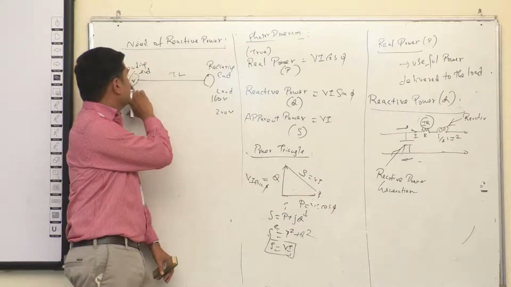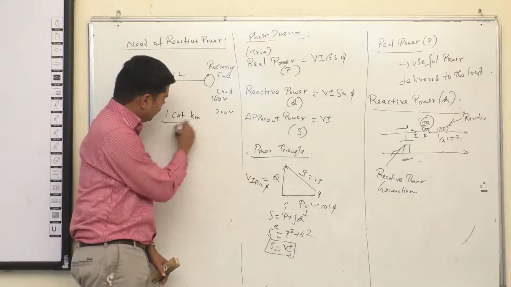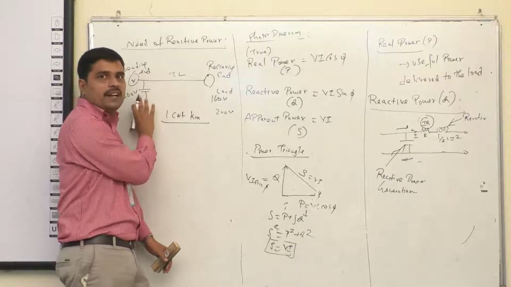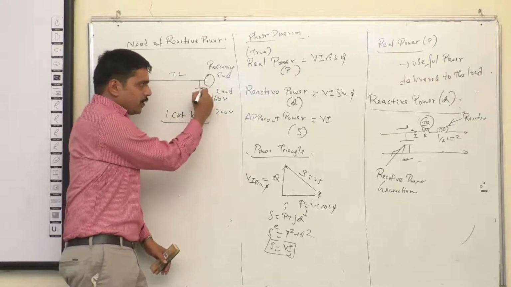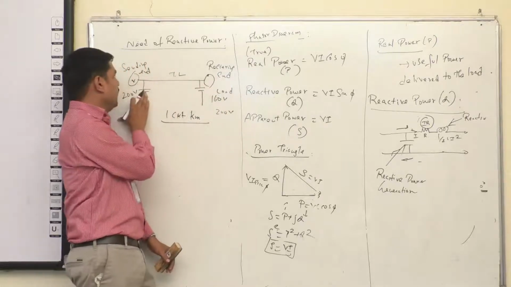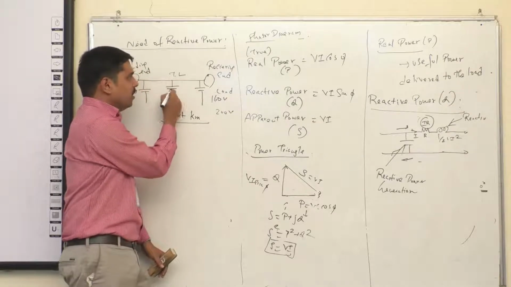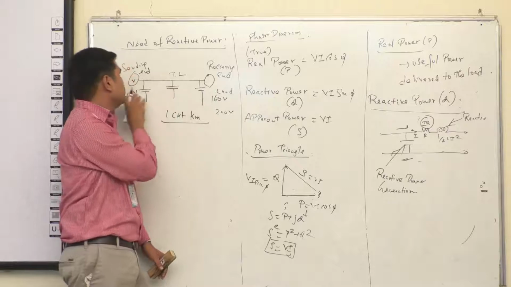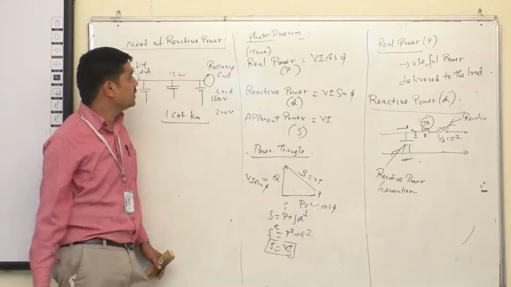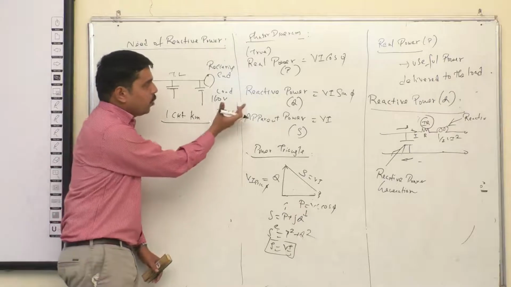The reactive power can be sent only up to 1 circuit kilometer in a power system. So I need to connect one capacitor here, then only the reactive power will be more. I need to connect one at the receiving end, then only the voltage here will be proper. So this is the sending end compensation, this is the receiving end compensation, and this is called midline compensation. If you connect some capacitor banks at the sending end, receiving end or in the middle of the transmission line, we can increase the reactive power. By increasing the reactive power, we can attain the proper voltage at the receiving end.